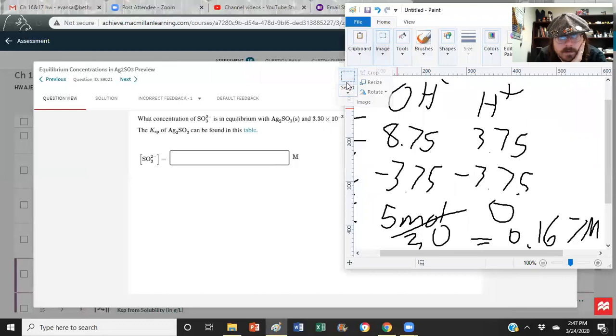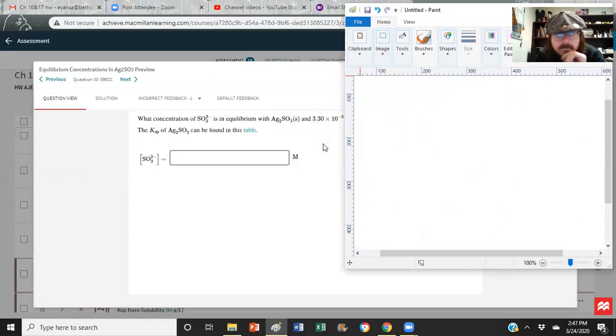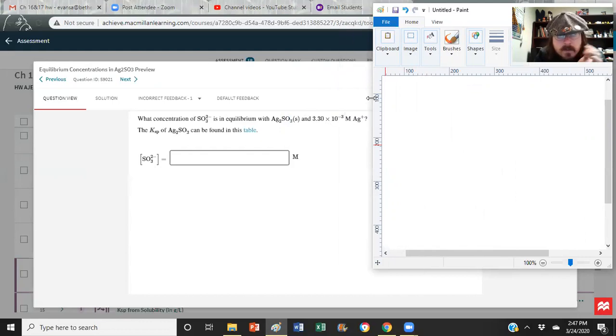So some of this I'm going to cover in a couple of classes in the future. The new concept that we're going to cover as well is KSP. It is the solubility constant. The reaction we're going to see is how does something dissolve? We have silver